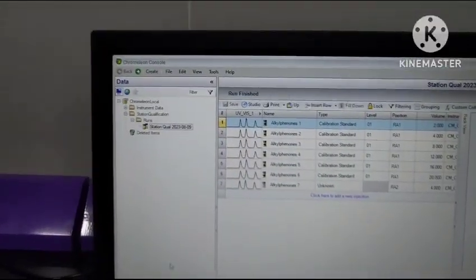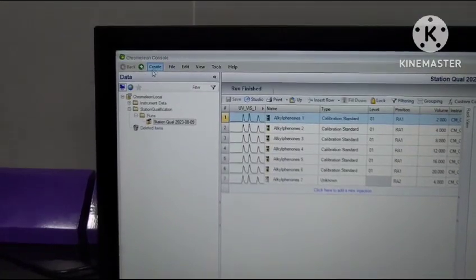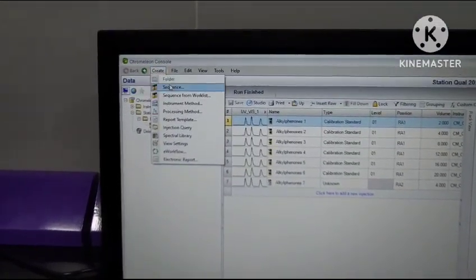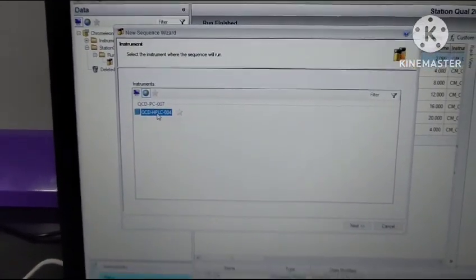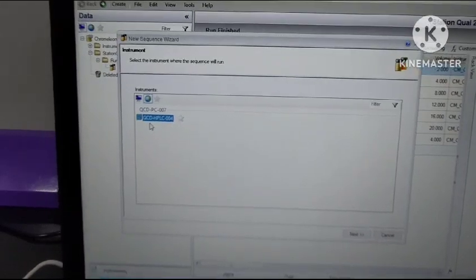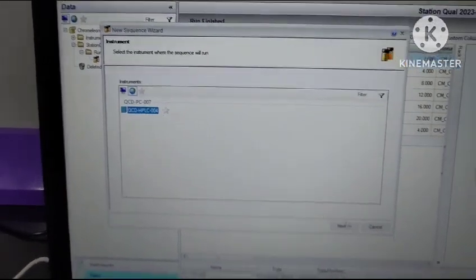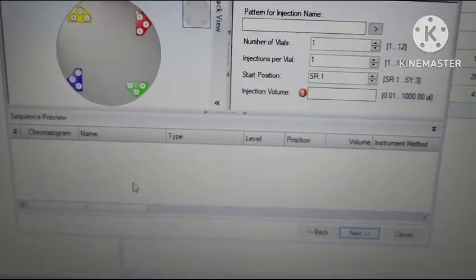To make the new sequence, you have to select create option here, then sequence. Then it will show the instrument ID, which is here QCD HPLC 004. Then click over next. Then here just put the details of the